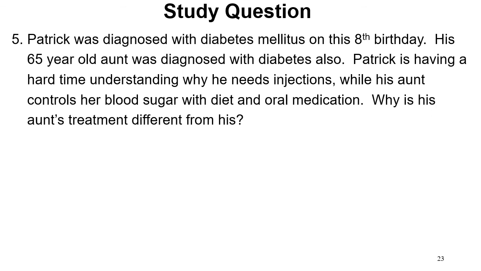Patrick was diagnosed with diabetes mellitus on his 8th birthday. His 65-year-old aunt was diagnosed with diabetes also. Patrick is having a hard time understanding why he needs injections, while his aunt controls her blood sugar with diet and oral medication. Why is his aunt's treatment different than his? Patrick has type 1 diabetes versus his aunt who has type 2 diabetes. Type 2 diabetes can often be